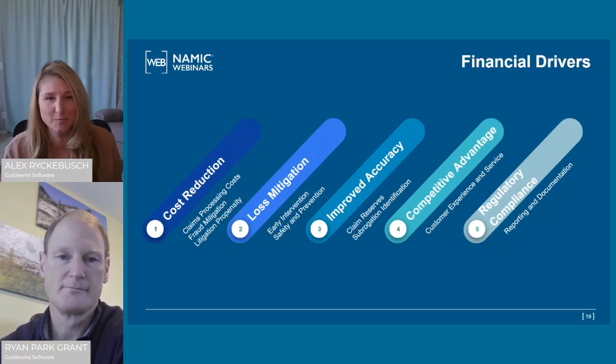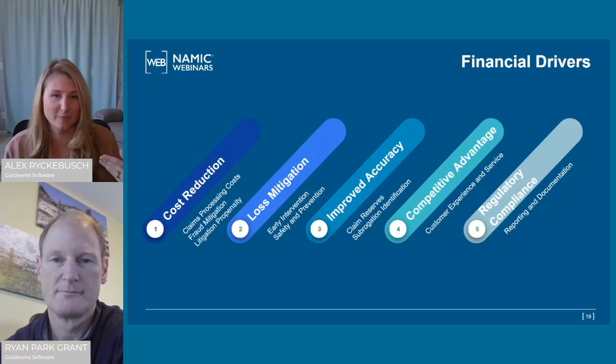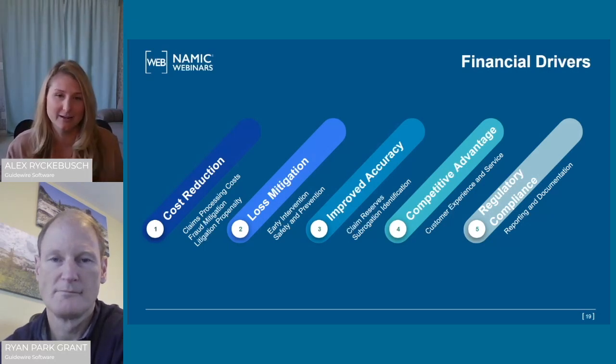A competitive advantage is another area. And while this can be a trickier one to quantify, we know everyone's measuring the customer satisfaction score. People are most likely to shop their insurance provider following a claim. So it's really about that overall experience, the speed at which the claim is able to be processed, and looking at those things like cycle time and overall customer effort scores.